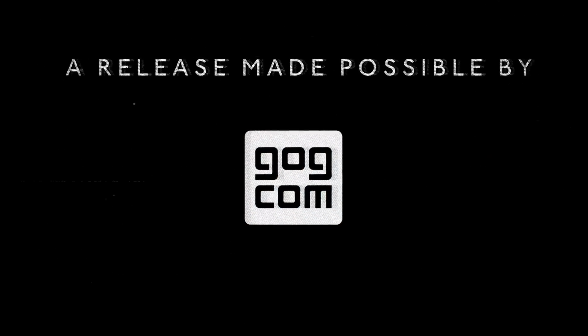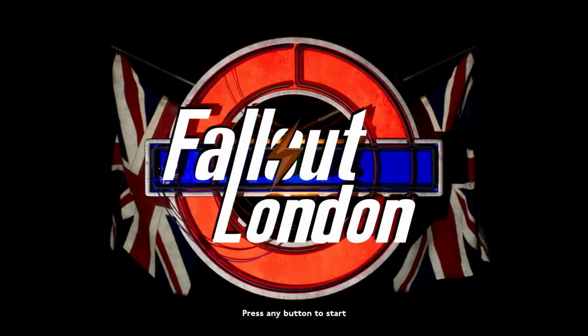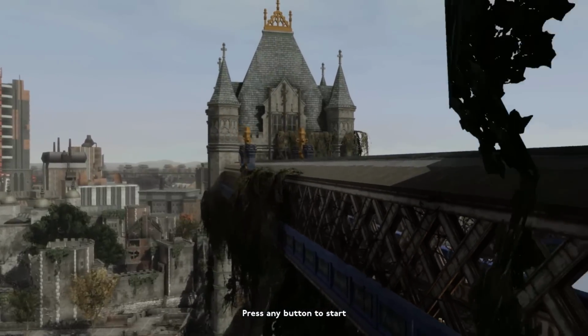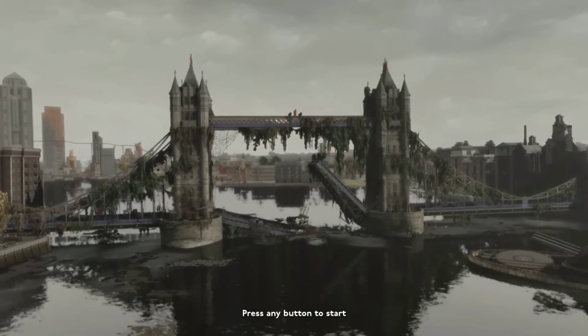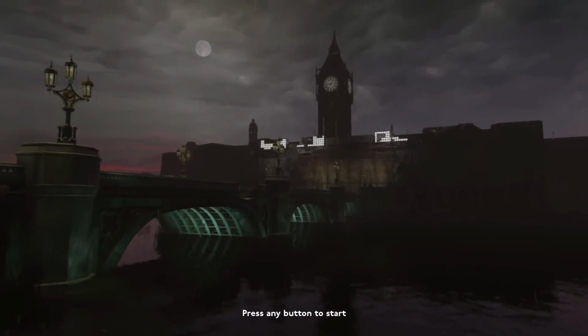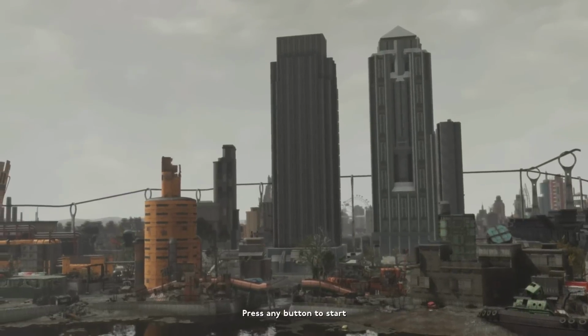Fallout London has officially released, and it's the largest mod out there for Fallout 4 since its launch almost 9 years ago. The mod's file size comes in close to that of the entirety of Fallout 4's vanilla game, and because of that, the mod team had to find an appropriate place to host it, and that's where GOG stepped in. Today, I'll be showing you how to install Fallout 4 London for those of you who own the game